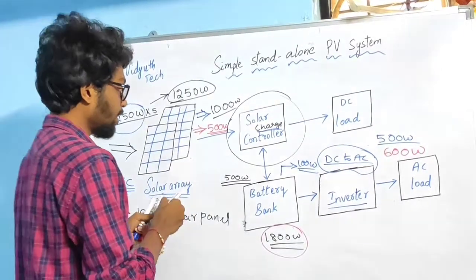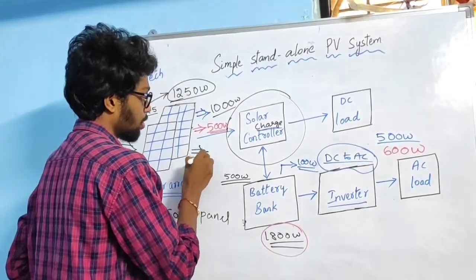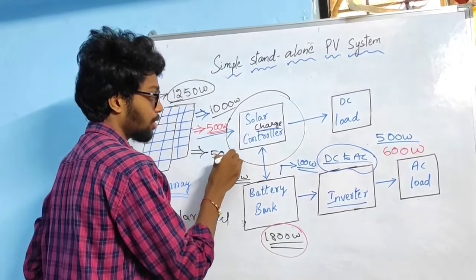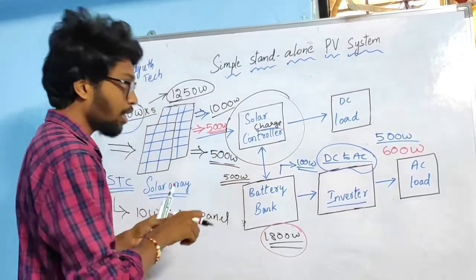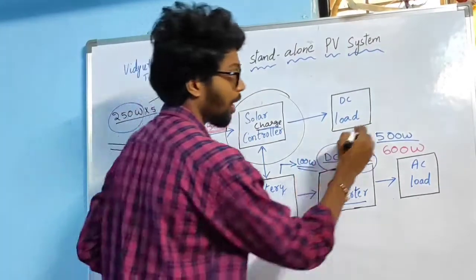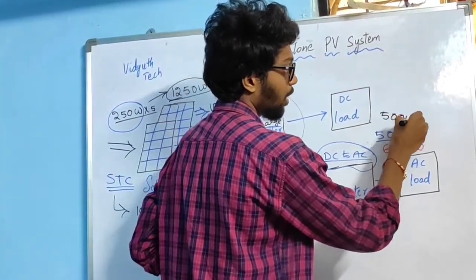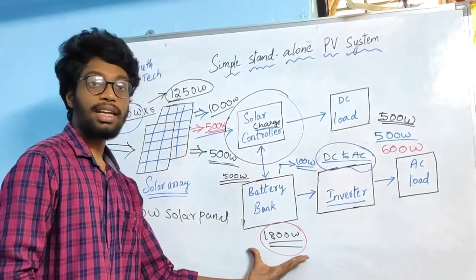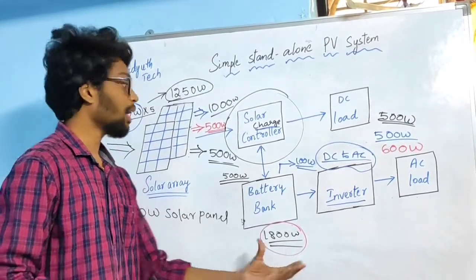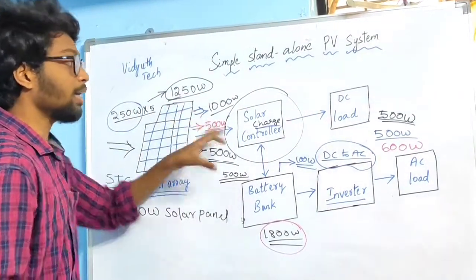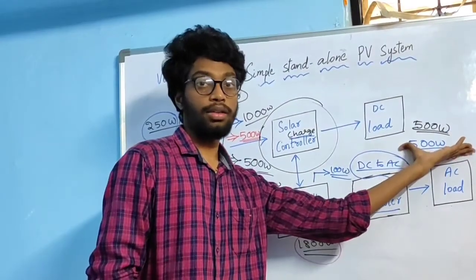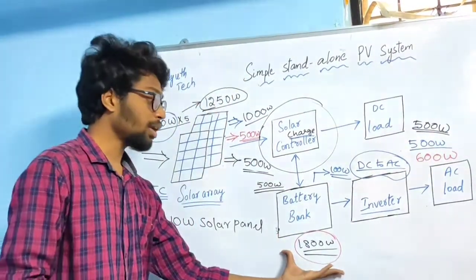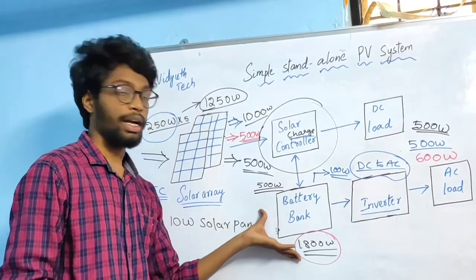Friends, let me take the case 3. In the case 3, I have generated 500 watts. At this moment the load is of 500 watts. That's okay, you are driving the load. Then at this moment this battery is neither going to charge nor discharge, as the 500 watts generated is going to the 500 watts load. So at this moment you are not going to use the battery.